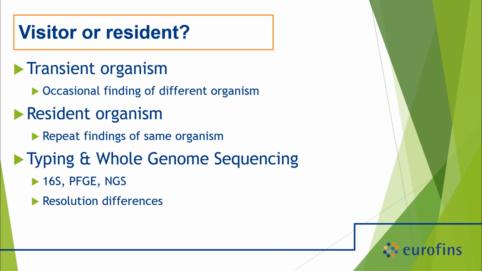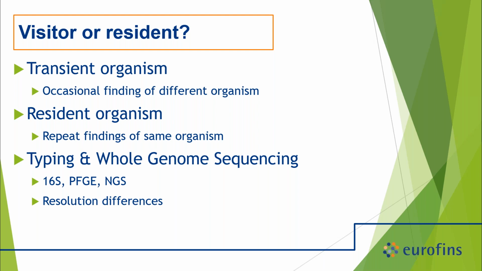So if we think about that last slide, we're looking at all our data. We've got a lot of hits, and so our environmental monitoring program is finding the problem. The question is, especially in produce processing, when we know we're bringing it in every day on our raw material, or we potentially could be, how do we know if it's transient or if it's actually resident, meaning that our sanitation programs are not eliminating the risk and it's the same organism over time? Well, for that, we need a different type of tool.